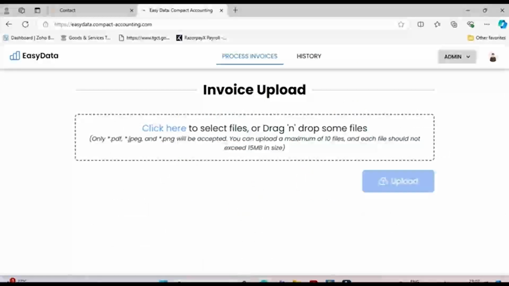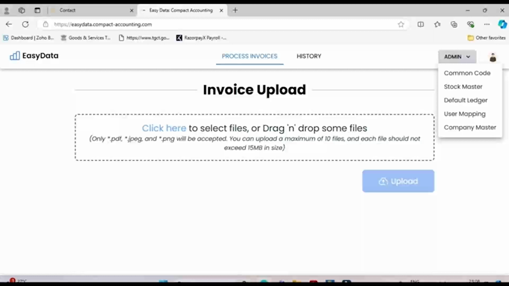We have this website where we can process up to 10 invoices in a batch. We have chosen this batch of 10 based on ease of output. An invoice can be up to the size of 15 MB each, which can be PDF, JPEG, and PNG. Once a client comes on board, the free trial period starts, and we create login credentials separately for each client.